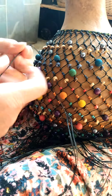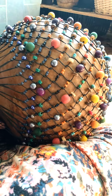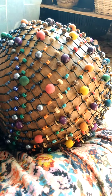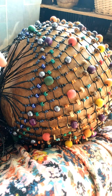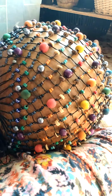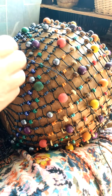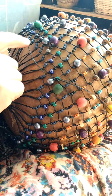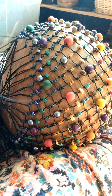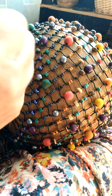So this stuff is called artificial waxed sinew, and we used to get it from Tandy Leather. And the reason the string is so cool, after all these decades, it still is a thrill to use. It's waxed, number one. And you see these little tiny beads right here? This string, here's the big secret, allows you to,